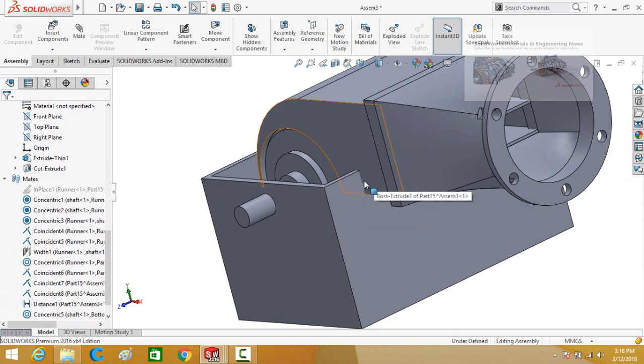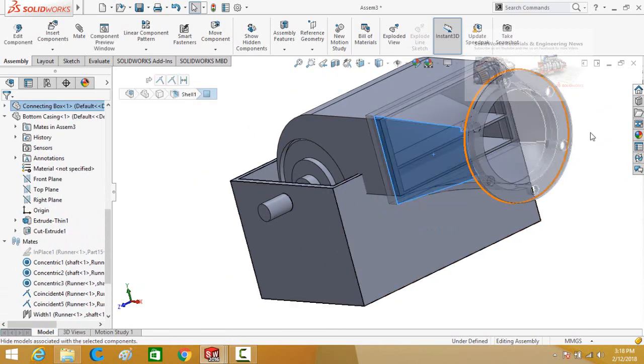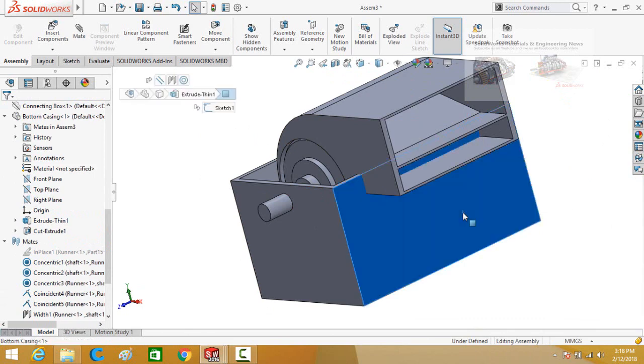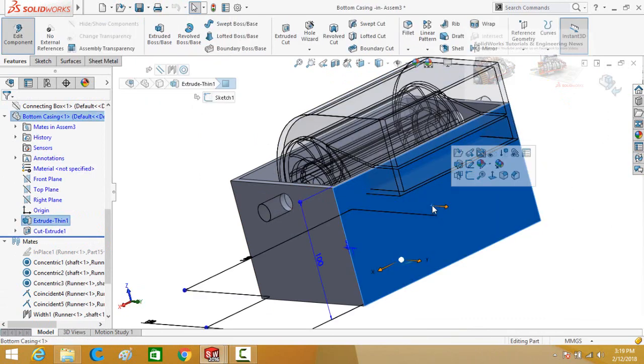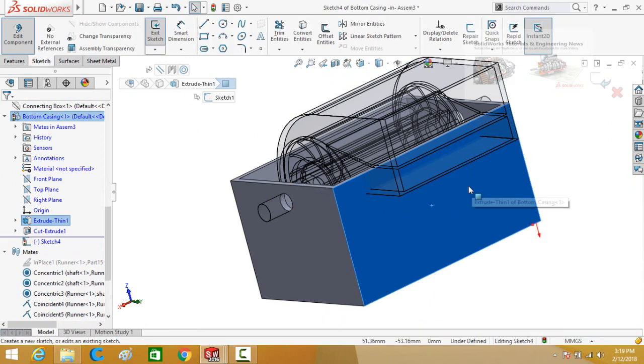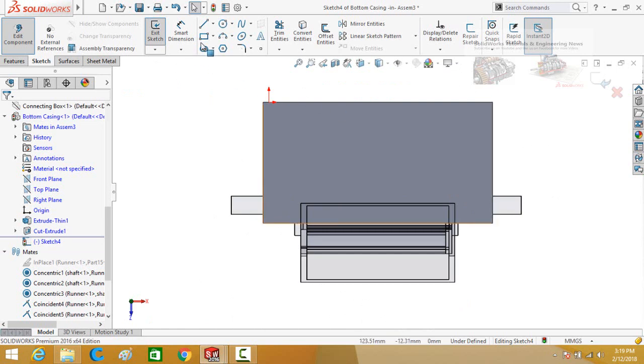Okay, from here you can see we have to cut this part from this face. So for that, first of all we have to hide the connecting box. Then click on this bottom casing and then select edit part. Now again click on this face and then select sketch. Now make normal to and then draw a rectangle.